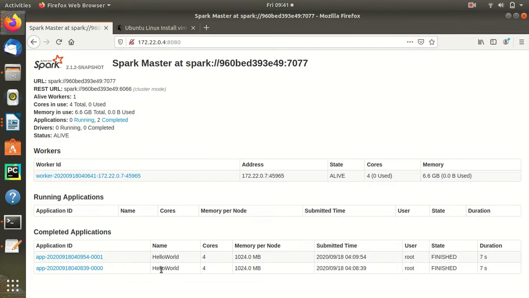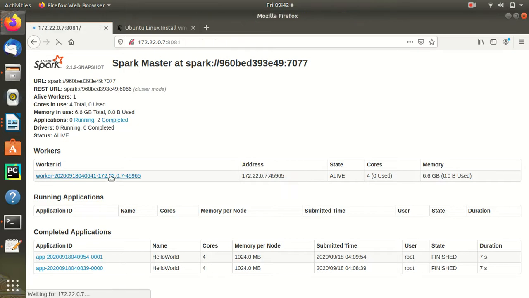See, we have run this multiple times. This is what I was telling, the application name in the code which we have mentioned. If you go back and see, that is this hello world. So we executed it multiple times. It will show how many jobs are completed. This is actually the Spark master IP. But as we know, all these run in the worker nodes. So we'll go to that one.